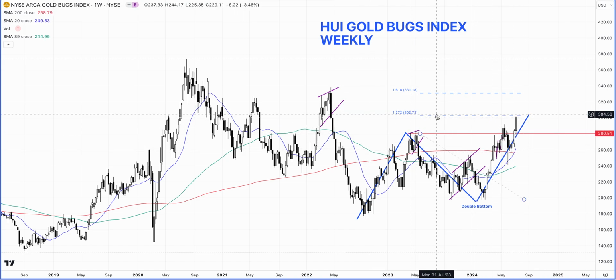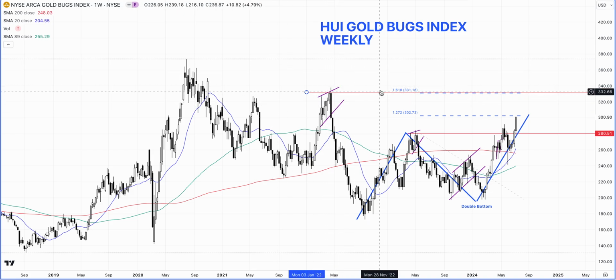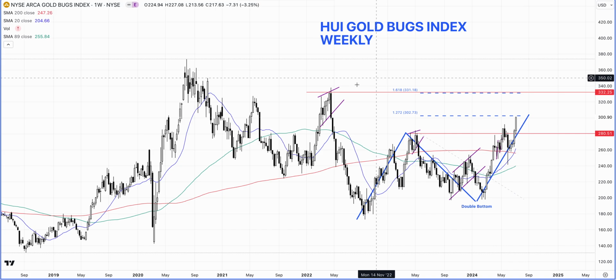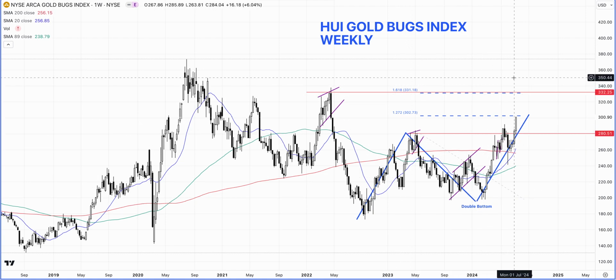Now, where it is right here, you can think of it as our target, but it's also a minor resistance level as well. Ultimately, I think that this market is going at least to this 331 level, where it's going to challenge these highs, and this is where we can see some sort of a pullback happen as well, because we'll have a big move taking place, and of course some resistance from the structure on the left hand side, and then we have the 1.618 expansion of this BC swing.